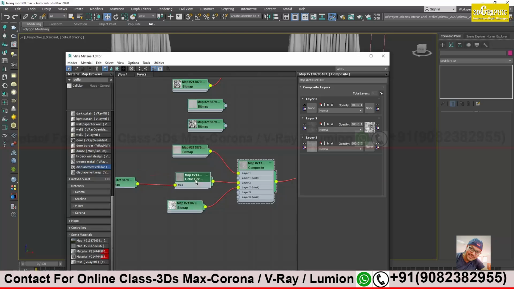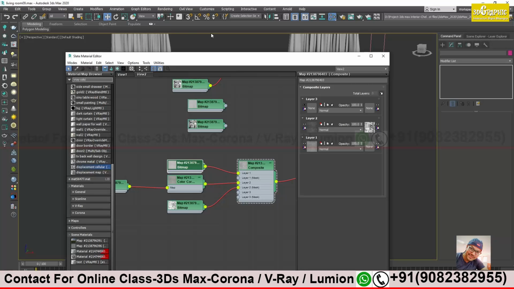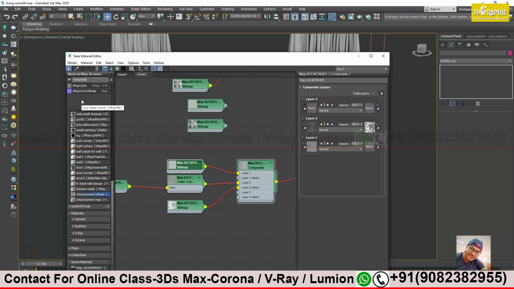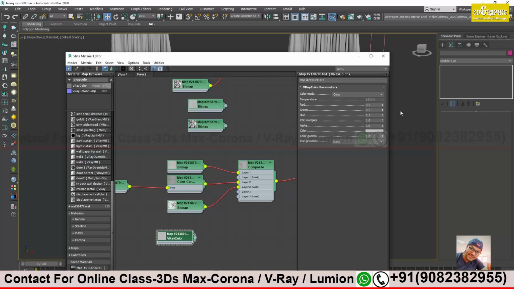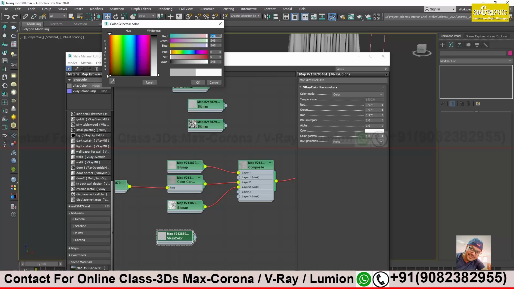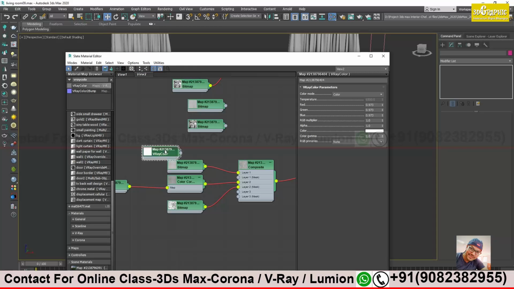Alright, and we need a color on first, so we will take V-Ray color. Let's take V-Ray color. Let's take white color, my first layer.